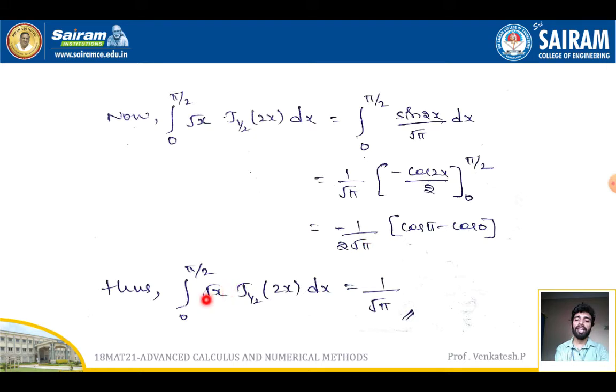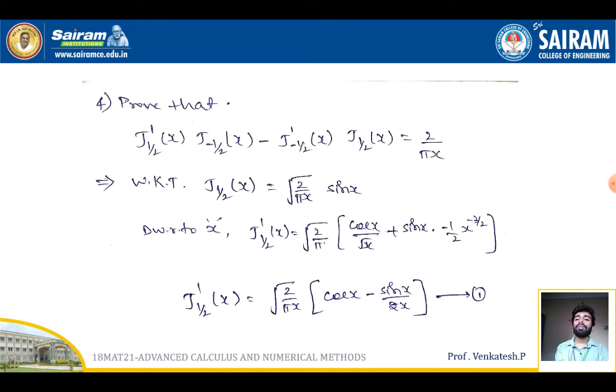So I got a solution like integration 0 to pi by 2 root x J 1 by 2 of 2x dx will be equal to 1 by root pi. So we'll see one more example on the